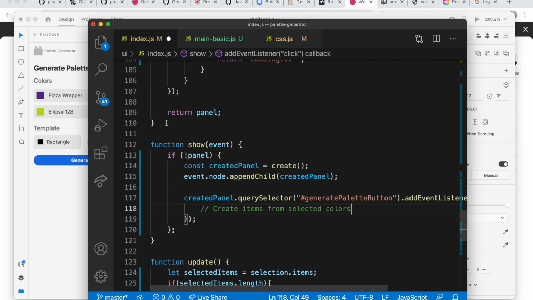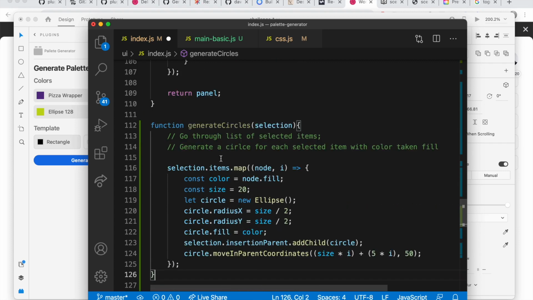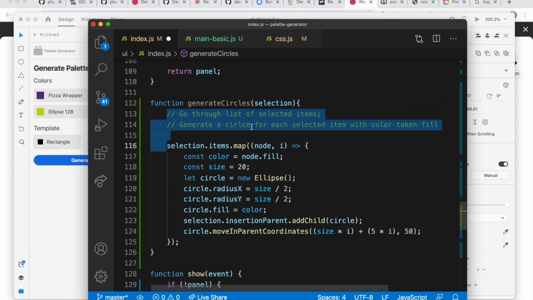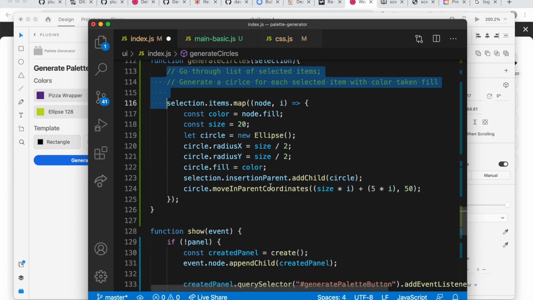So just do something like this here, and generated circles. Let's just leave those comments there. Go through the list of selected items and then generate a circle for each selected item with color taken from the fill. The only different thing here is we are not going to do this,